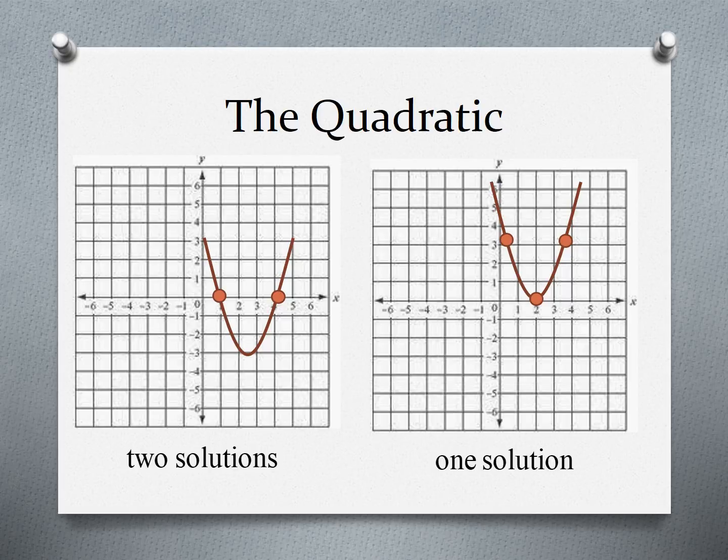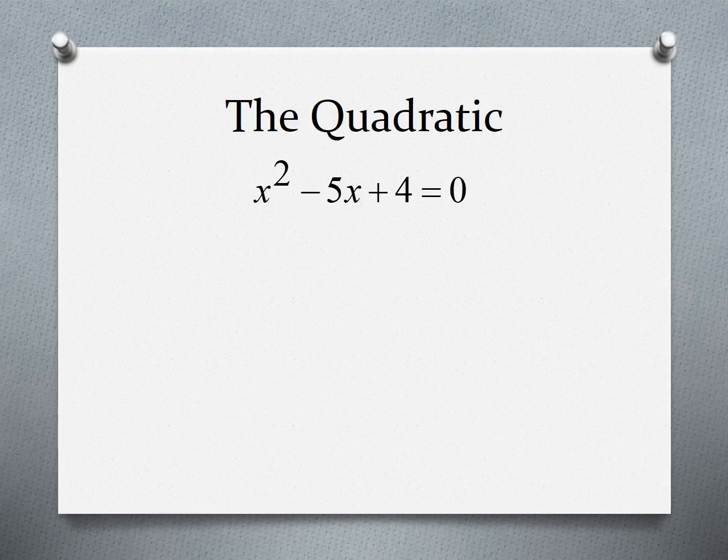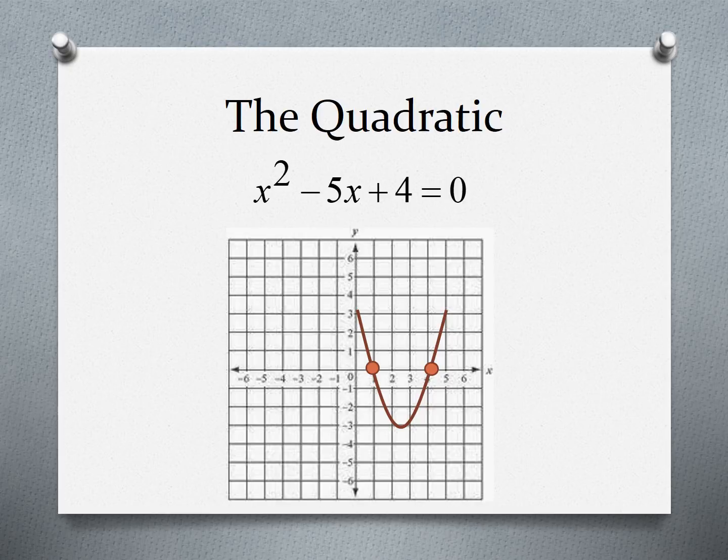Notice on the left, this is an example of a quadratic equation that has 2 solutions. Notice how the parabola crosses the x-axis 2 times. Those indicate the solutions of that particular equation associated with that graph. Also notice on the right how this given quadratic equation, or the quadratic equation associated with this parabola, has a single solution, where it is crossing the x-axis at one location. Therefore, any quadratic equation, even the one you see here on your screen, x squared minus 5x plus 4 is equal to 0, has a certain number of solutions up to